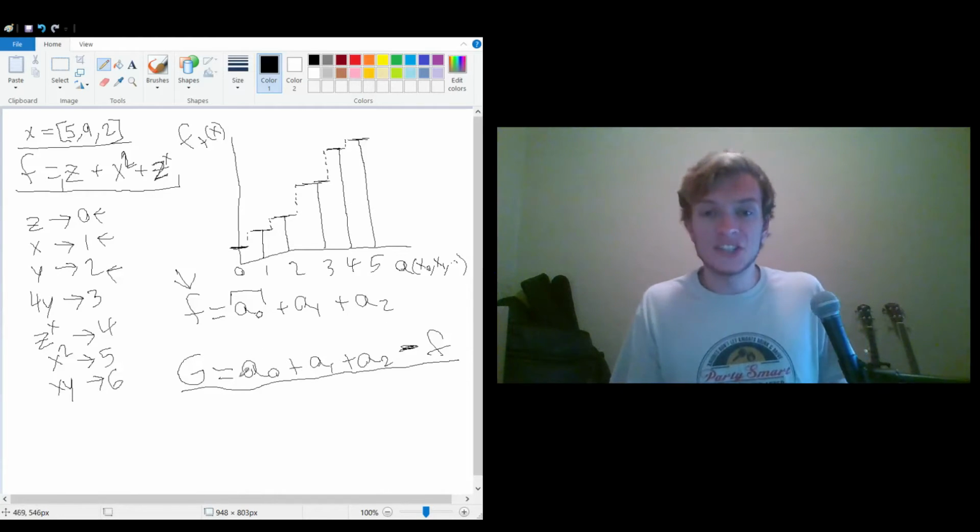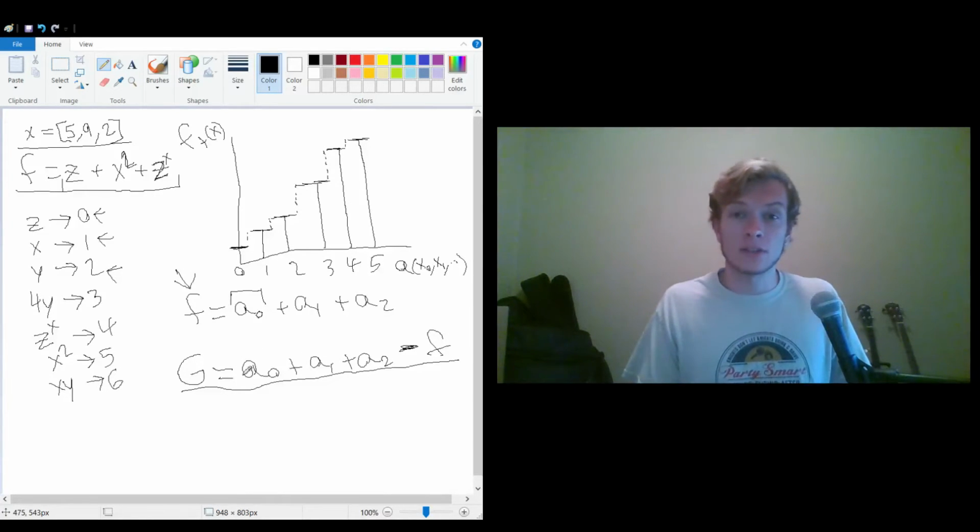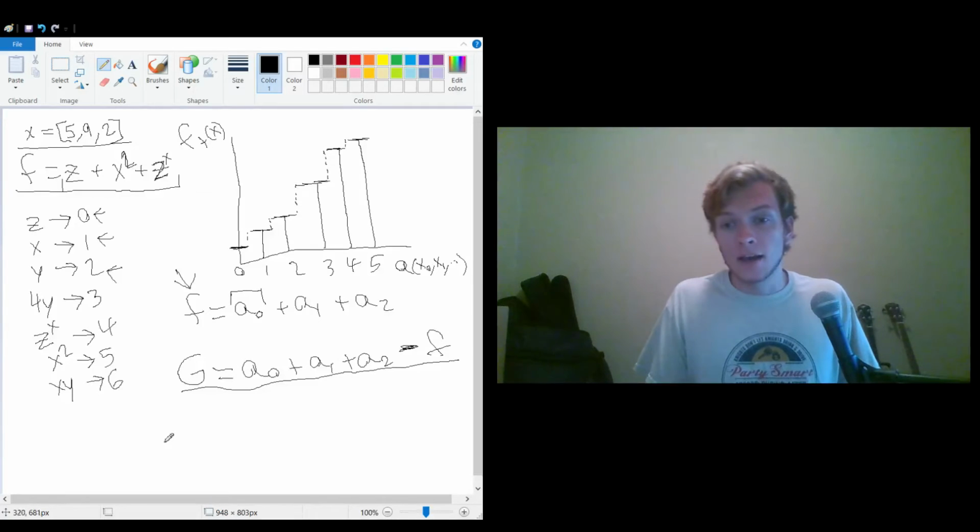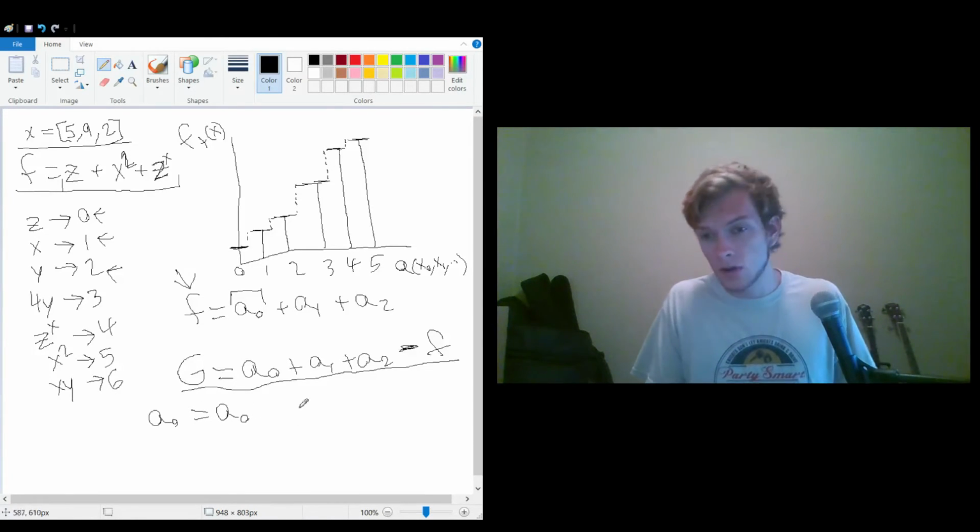And we're plugging G into the Newton-Raphson or steepest descent. So we say that A0 is equal to the previous A0, so encoding it technically works out, minus our G over